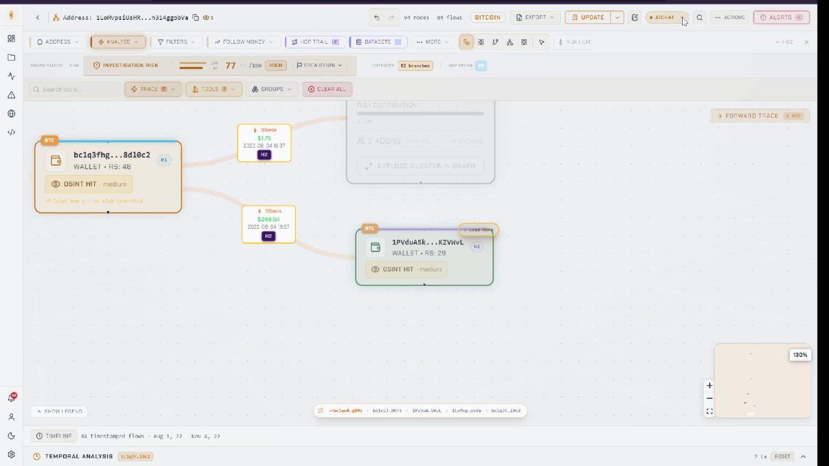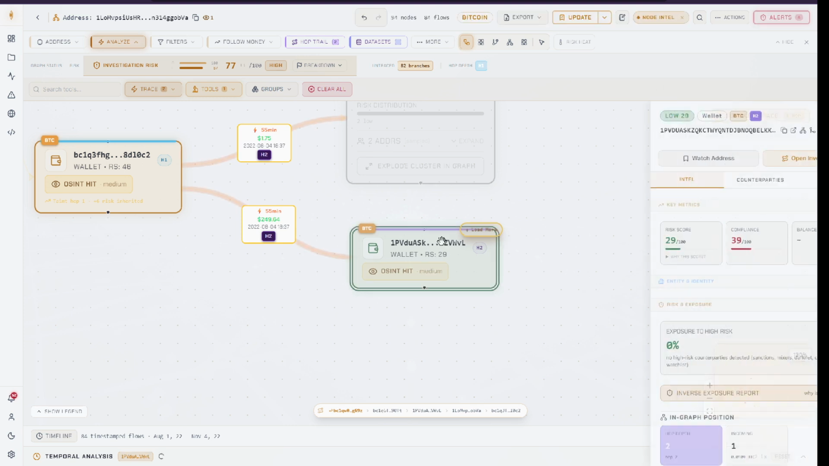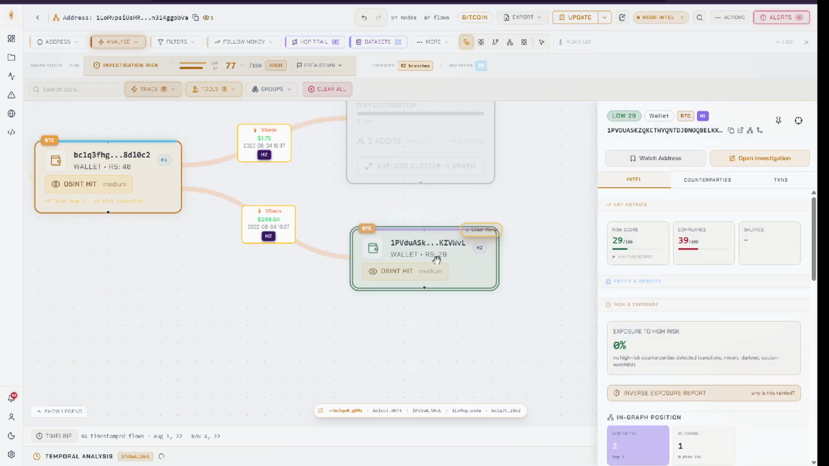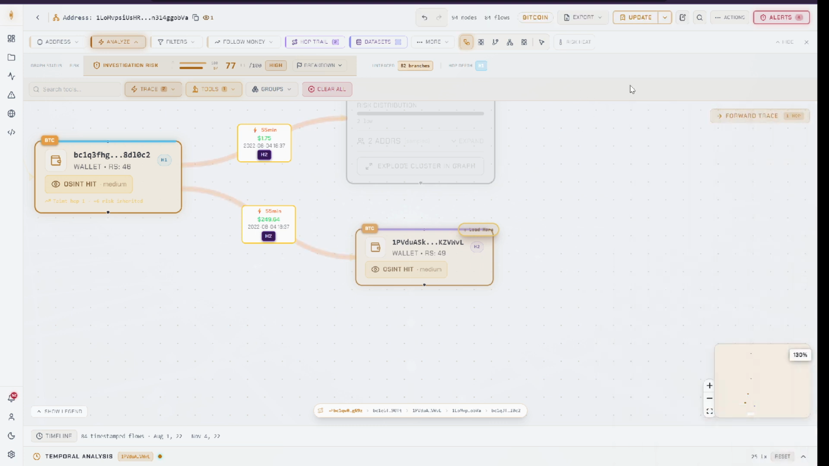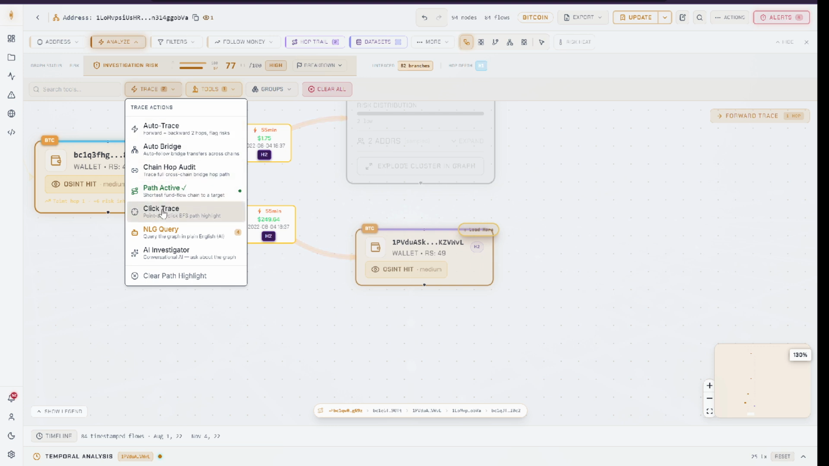If you click this button, it will get closed. If you click on this node, you can see the node intel panel will open. If you want to close, you can simply click also here. It basically tells you the information of what is open in this graph. So we were in the question button. Now we can clear the path highlight,